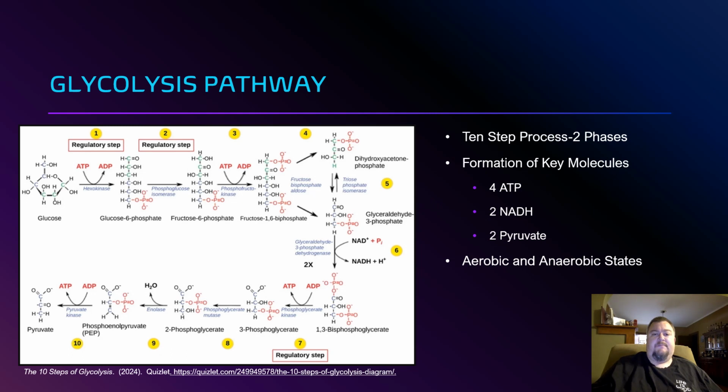Glycolysis is a metabolic pathway occurring in the cytosol of the cell that is the starting reaction of cellular respiration and anaerobic respiration. In glycolysis, glucose is broken down into two pyruvate molecules in a 10-step process with two phases, an investment phase that consumes 2 ATP for energy, and a payoff stage that produces 4 ATP, which nets 2